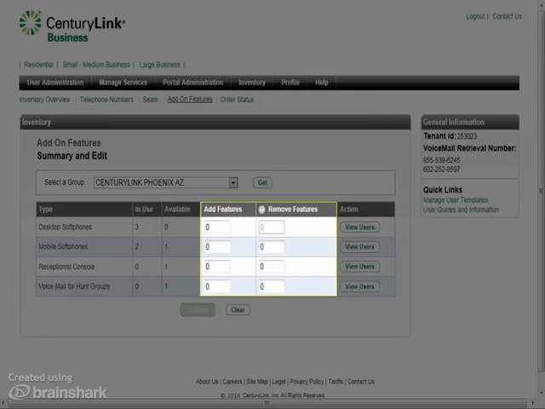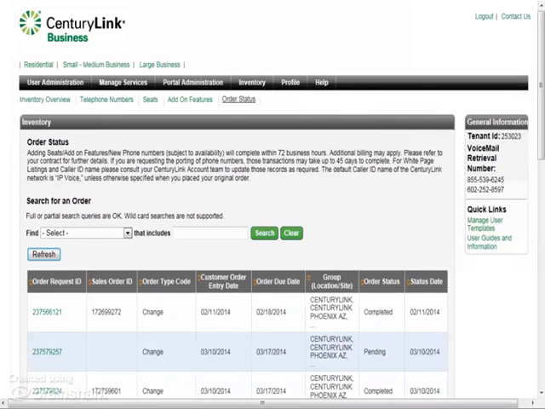Then click the Submit button. The last option under Inventory is Order Status. From order status, you can check the status of any active or completed order from within